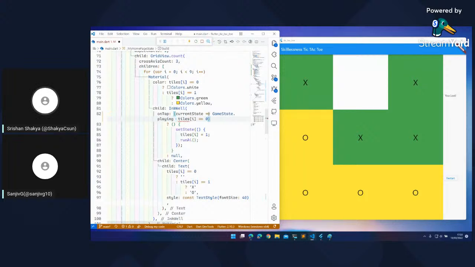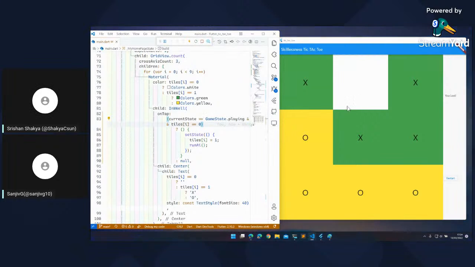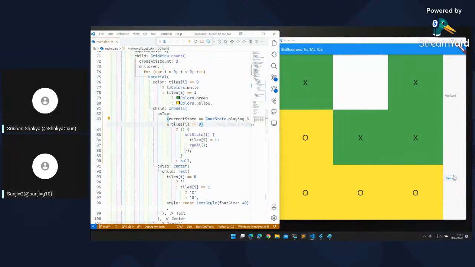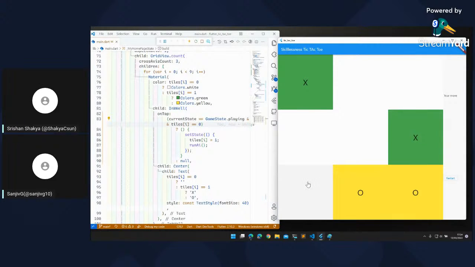If we are playing and tile is a zero, then only we can click this. Yeah, this logic sounds right. Okay, now the AI wins. Now we can no longer click on any of these tiles as the ink is already gone.